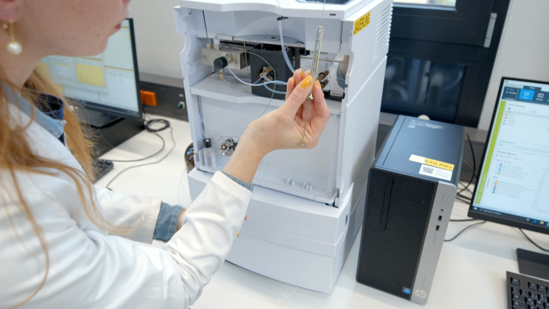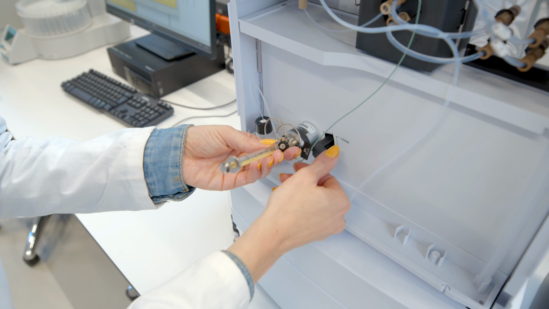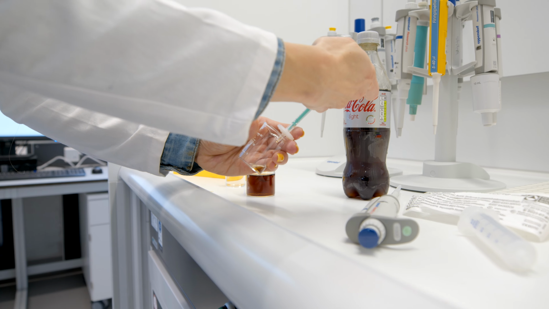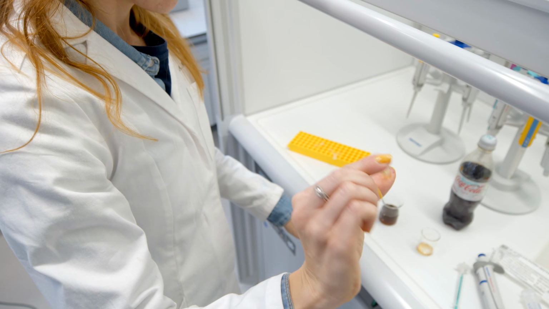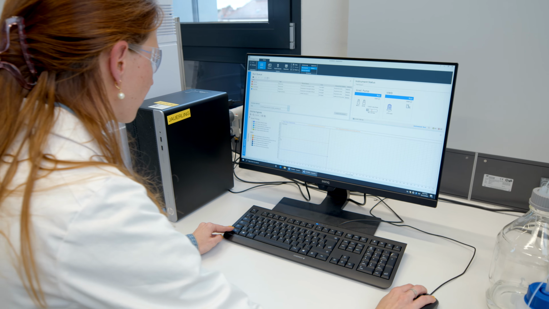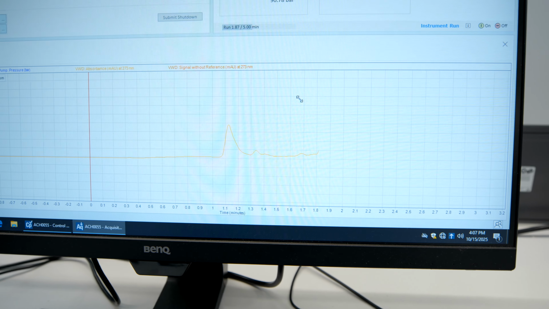Now you can see here the HPLC device, high performance liquid chromatograph. By means of this device we will do many different experiments with you. For example, we will analyze food samples, beverages for the caffeine content, pharmaceutical analysis or different medical products. We will check them for the impurities. Each of you will learn to operate this software and to perform the data analysis.